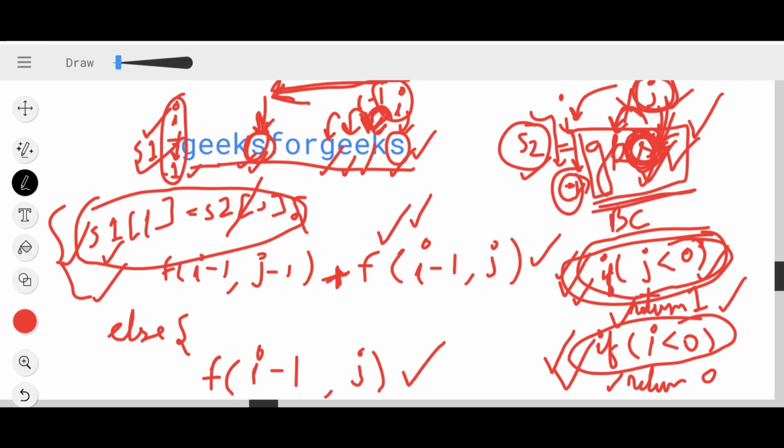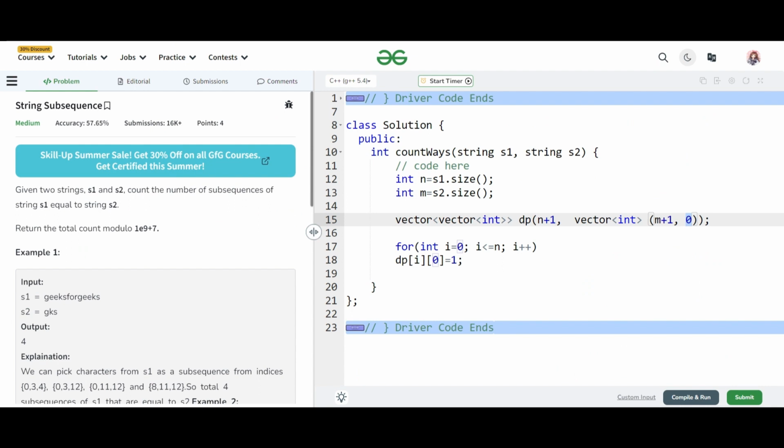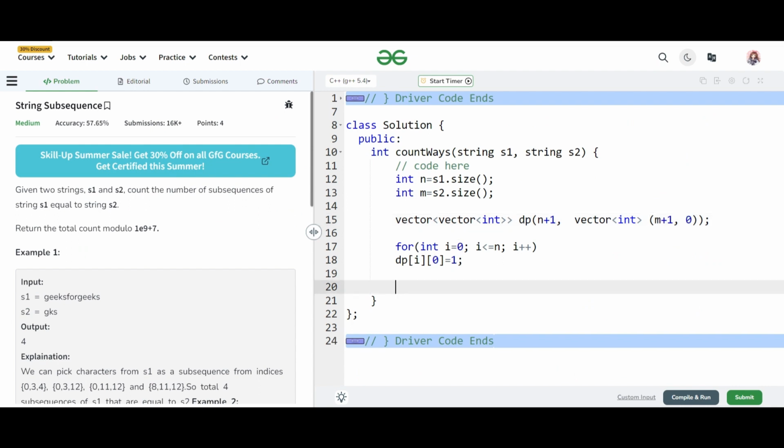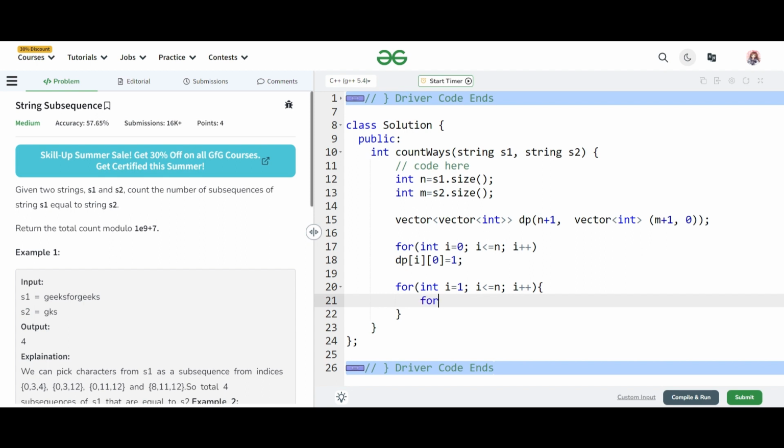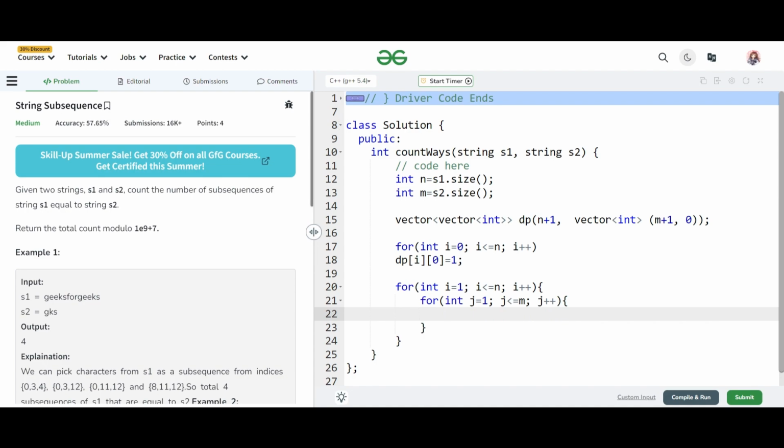Similarly, the moment my i is 0, I will return a 0. But here, since I have initialized the whole DP with 0, I'm not writing this line of code again. Okay, so now let's proceed forward. Let's initialize the two pointers. Now this was the base case.